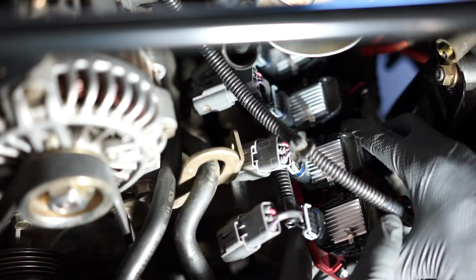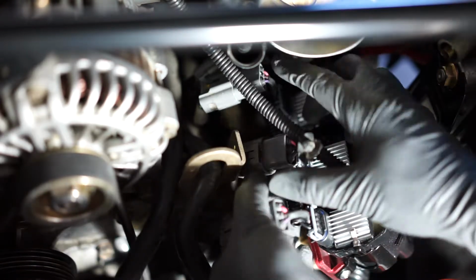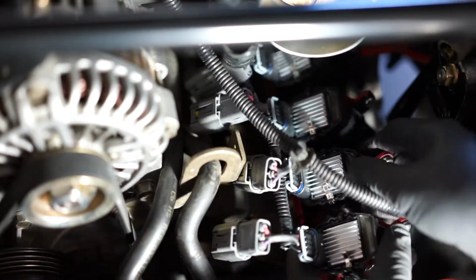Before you place the system totally on and bolted down, you want to connect all the connectors, all four. Make sure they're snug, they clip. Make sure you listen for that clicking sound, that one. Push them together, make sure everything's good. And then